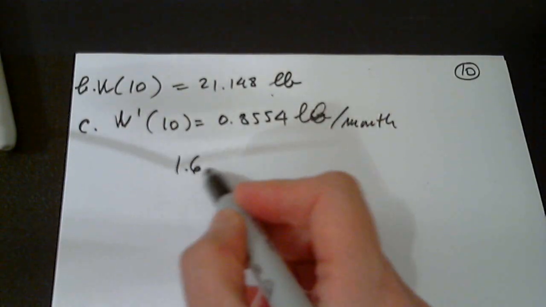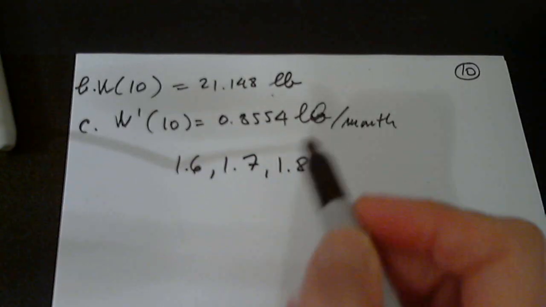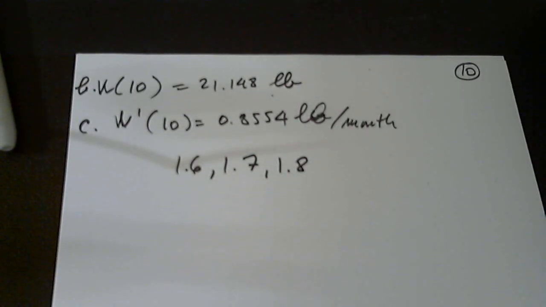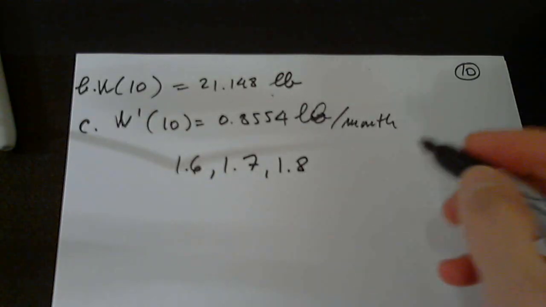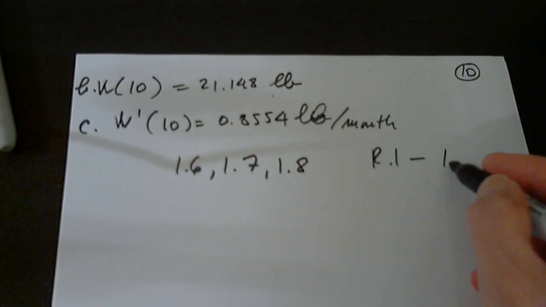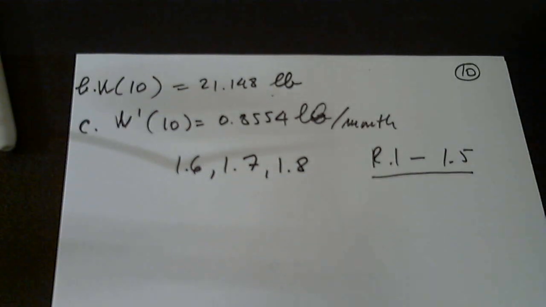So what is left for next time is 1.6, 1.7, and 1.8. And then the next time we review. So everything from R.1 through 1.5 has to be completed before class on Tuesday. Please, I'm begging you. Okay, so we completed